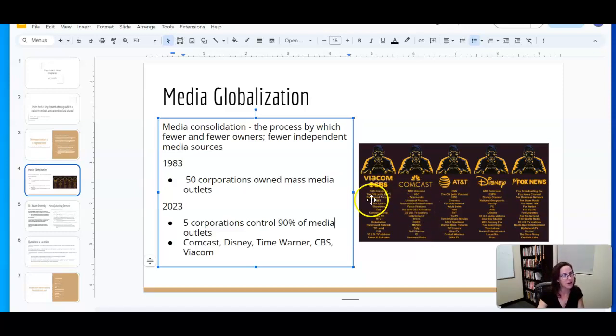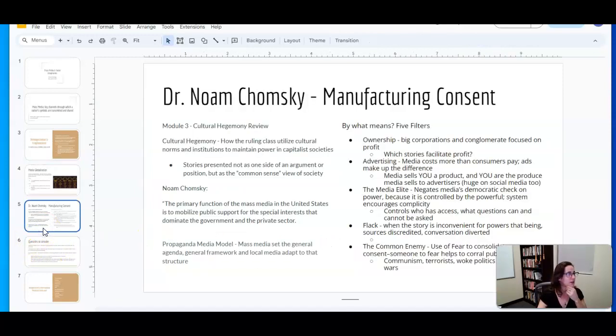And so we have all of these different media channels, media organizations, that give the illusion that they're all different, but we actually see that they're really only owned by 5 major corporations, right? And so we have to be thinking about, why does this matter? If everybody's just reporting the facts and reporting the news, or at least their version of it, why does this matter? And so this is where we get into something called Manufacturing Consent, which was a book written